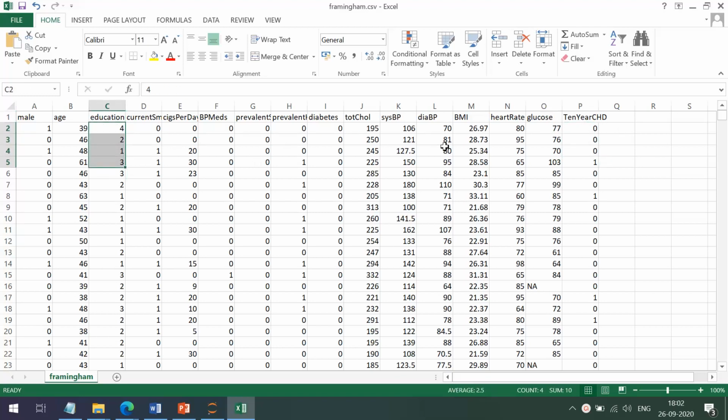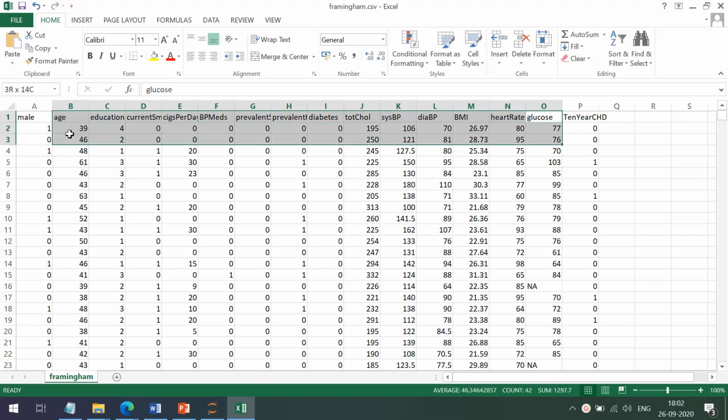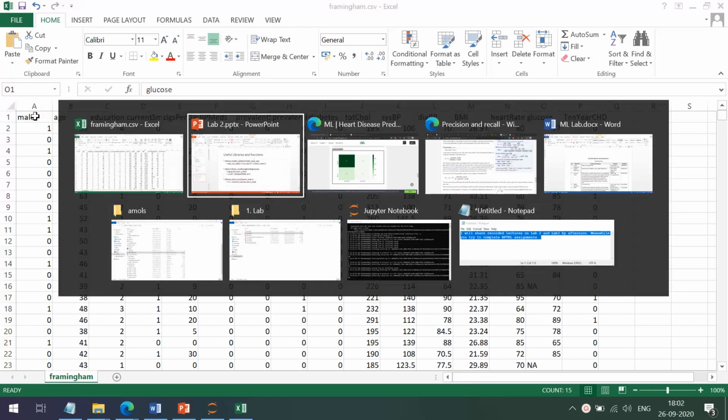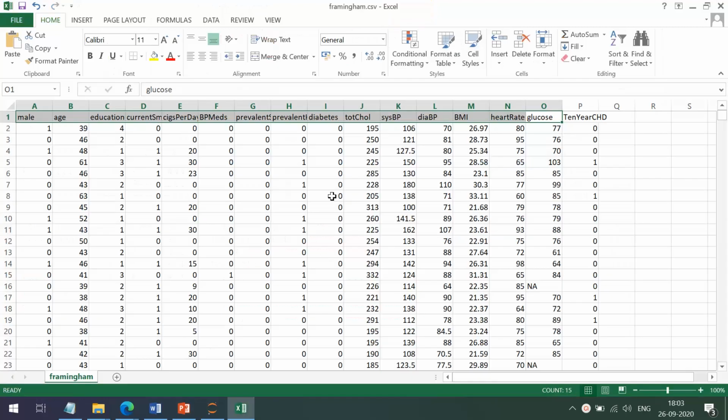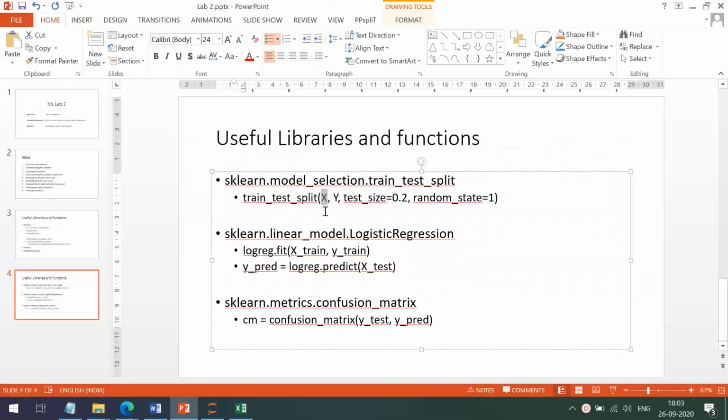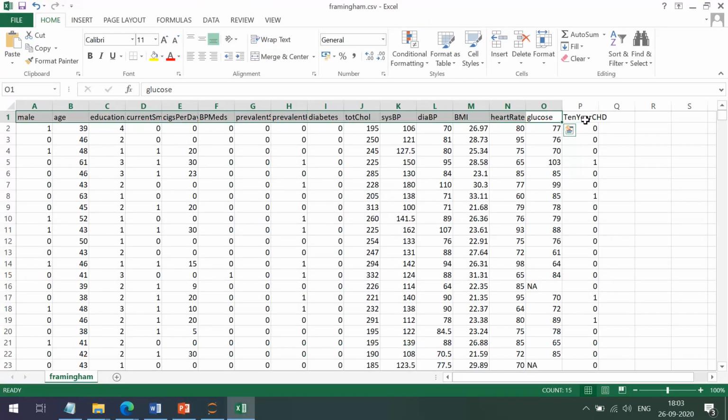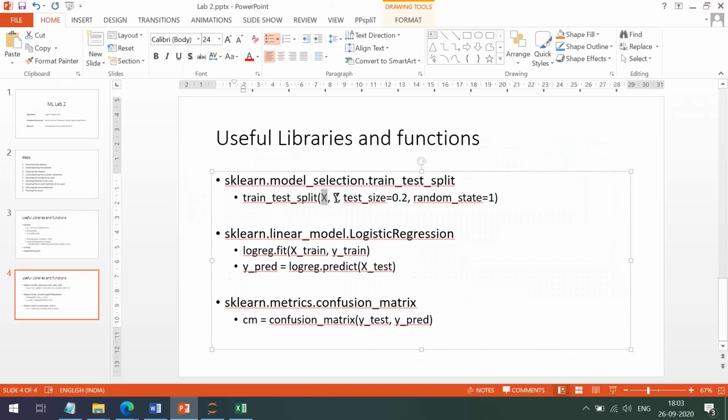So these 15 will be in our x variable, the independent variables, and in y we will have the 10-year CHD column.